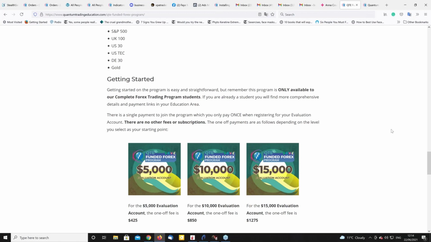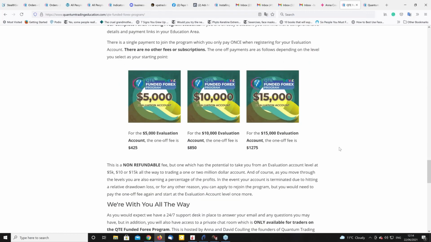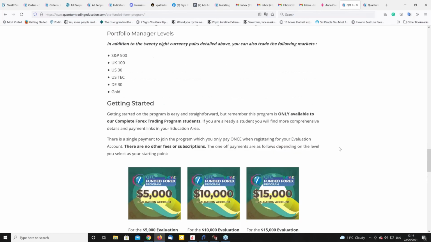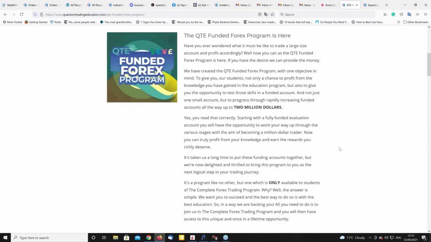Once you start hitting the 1 million level, that's where we increase the profit further to 60%. So you are earning substantial amounts of money at that level, and it's at no risk. It's our money. You're not going to lose your money. You can keep your money, trade it in your account, and simply trade ours with no risk to yourself.